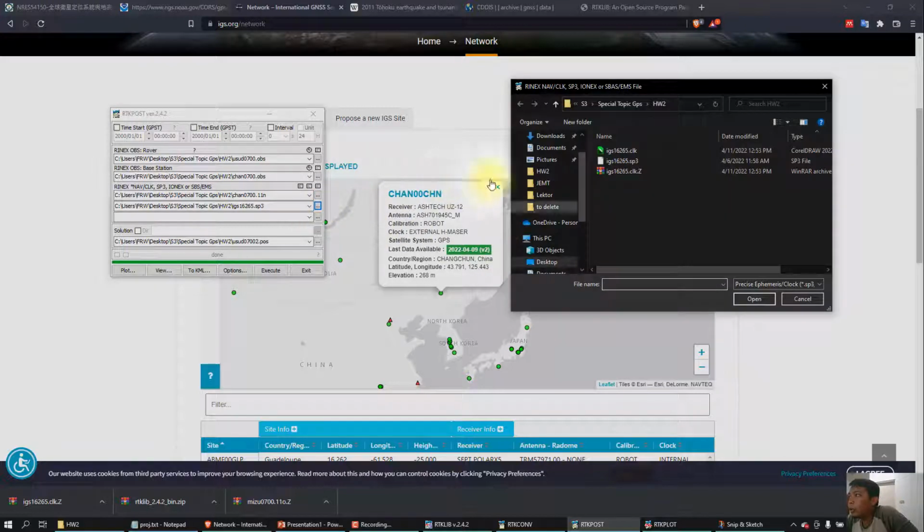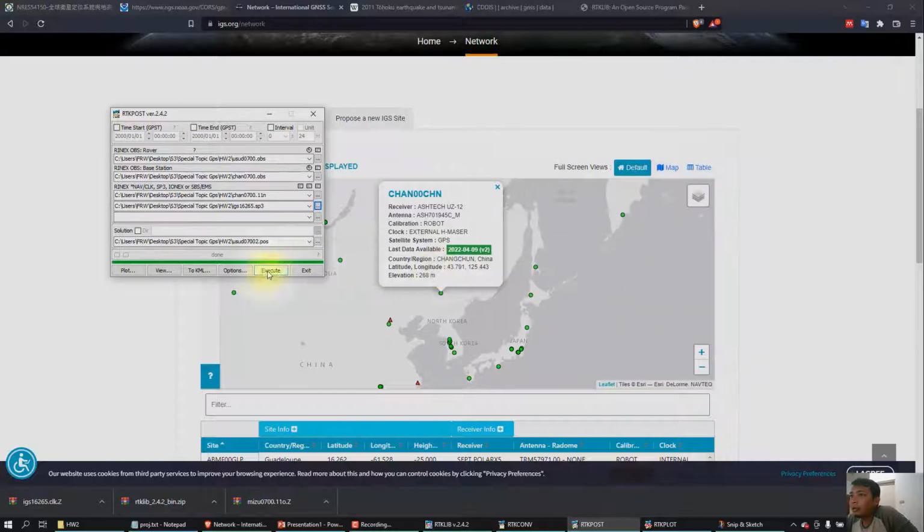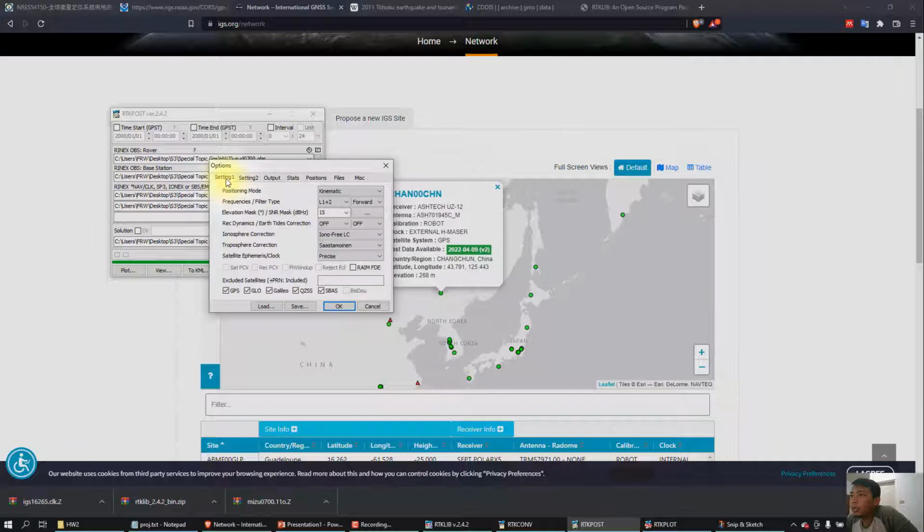for the GPS clock we use the IGS 16265. This is what we downloaded from the orbit file, and we need to check the options. So the positioning mode we change to kinematic, the ionospheric correction we use iono-free, the troposphere we use Saastamoinen, and the satellite clock we use precise.